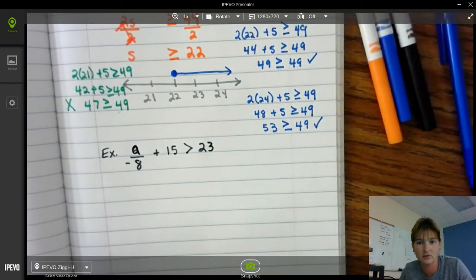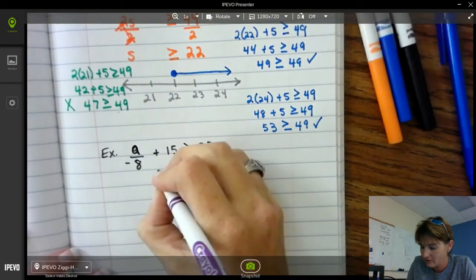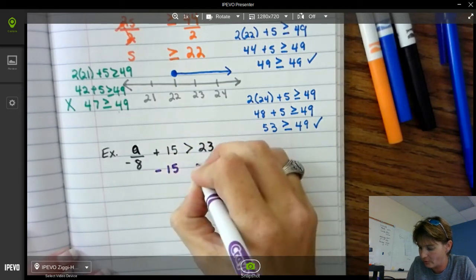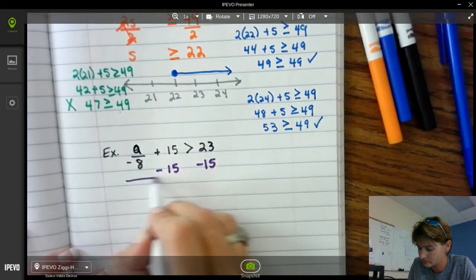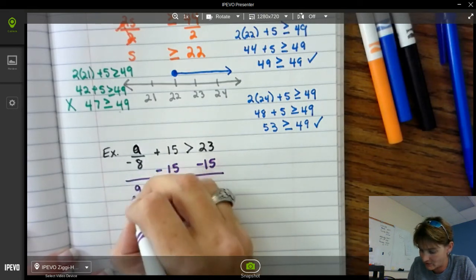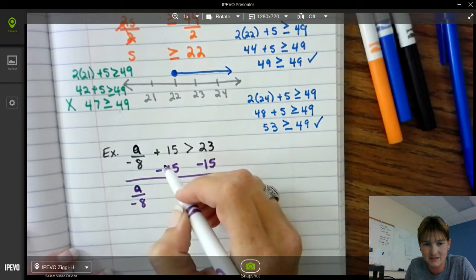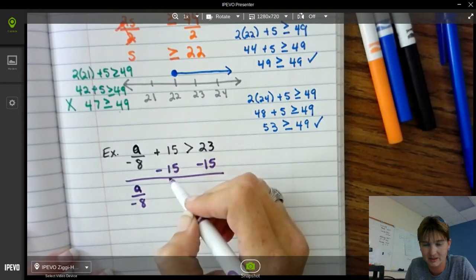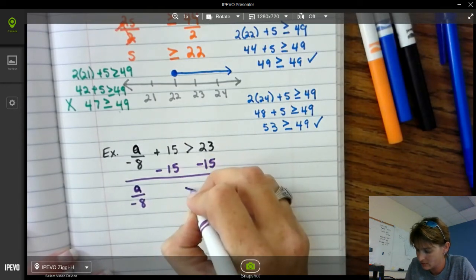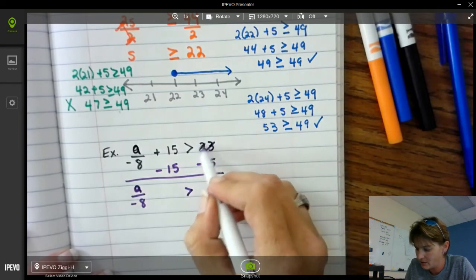Look for the variable. We're trying to get the variable by itself. So in doing so, we are going to subtract 15 first from both sides. We don't do anything with the a divided by -8 yet, so we just bring that down. This is a zero pair, with the positives and negatives equaling each other. Greater than 23 minus 15